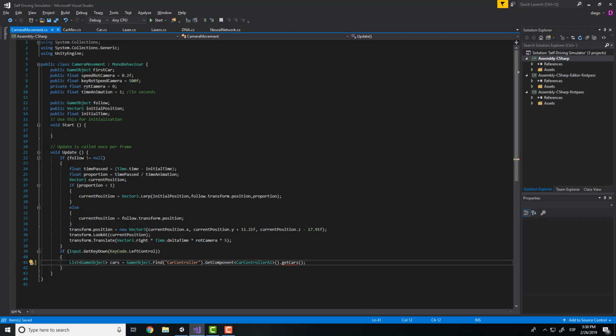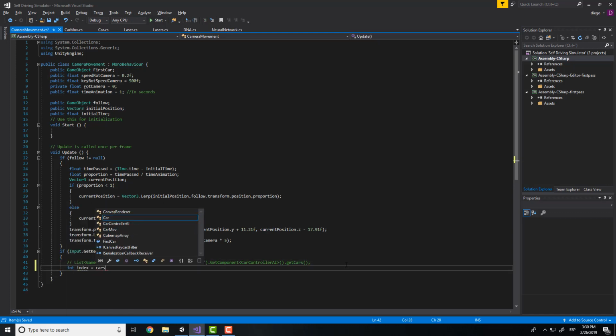So for now I think that we'll put this like this. So now we'll need to get index, that is the position of the follow, current follow,